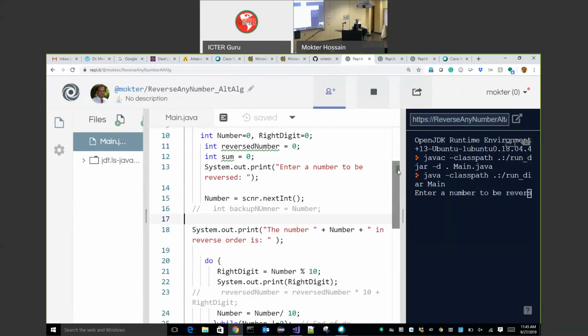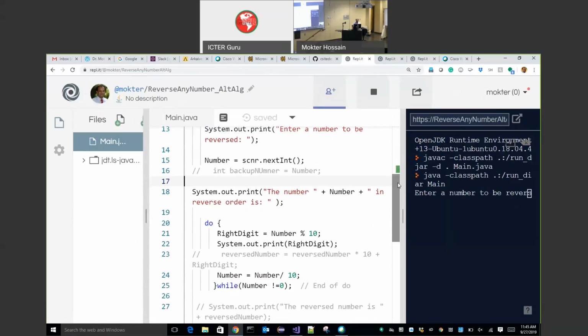Then we can have 3 or 4 different or similar problems, right? How to reverse a number, how to reverse a number exactly 0, or how to reverse with only digits, or how to find the sum of digits, how to find the sum of even digits, something like that.